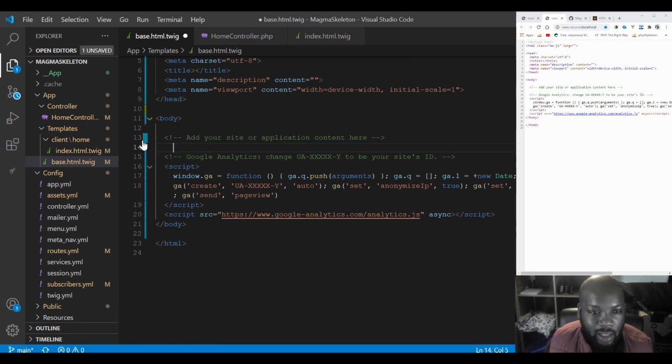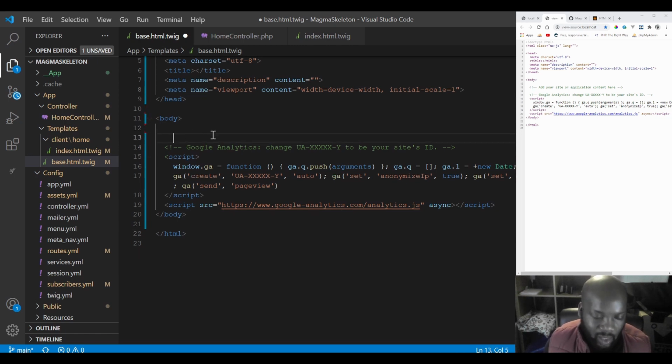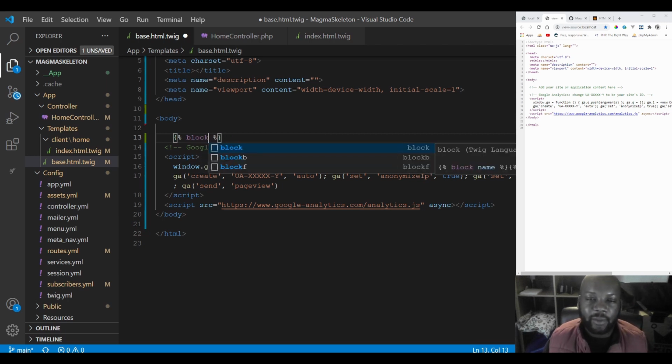So let's get rid of this. So in Twig we've got something called blocks, and we can declare blocks, and in between blocks is where we can inject our content. So let me just create our first block. So I can create a block just like this. So it's curly braces, %, and I can say block, and I'm going to give it a name, and this name is nothing special. You can create your own block name as long as you're referencing the same block that you're trying to extend into. And I'm going to call this block main,